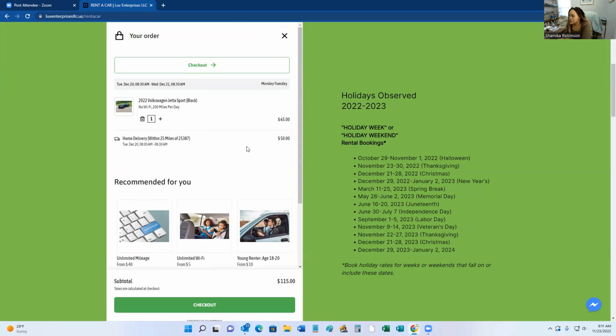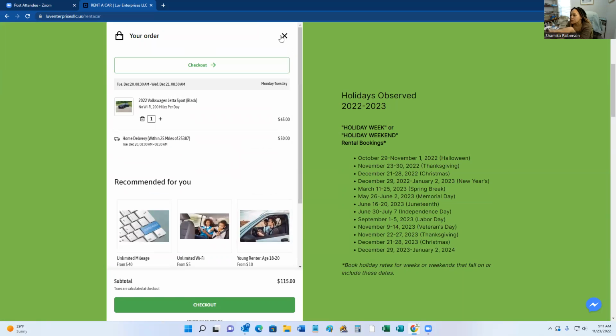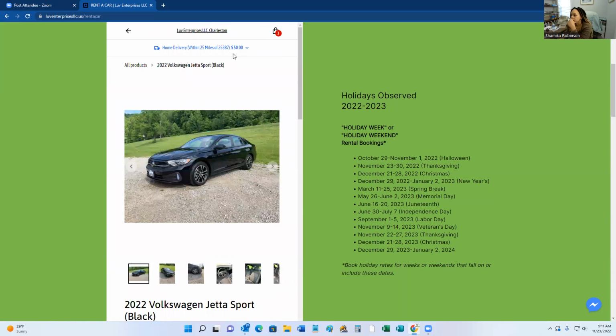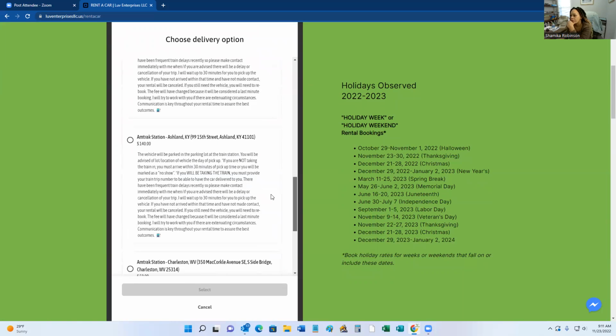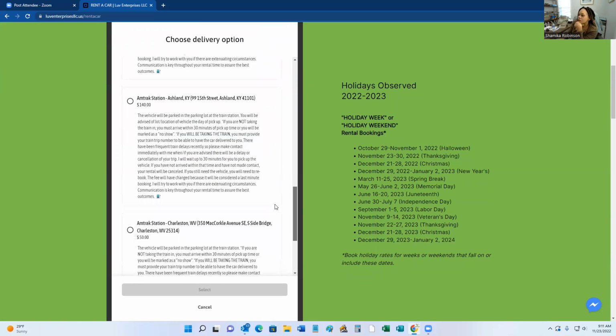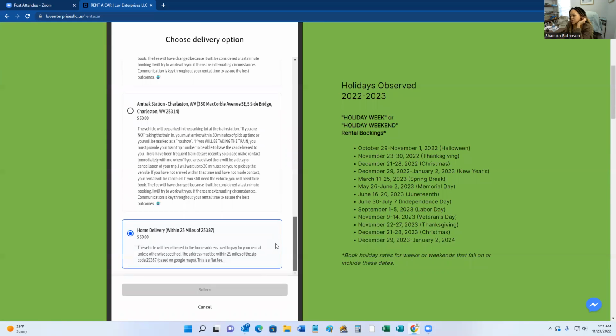So here we go. Now it's saying home delivery $50 again, right? But that's the thing about doing separate bookings. Maybe with the separate booking, we want to change our location, because you're already paying for one location. So I'm not going to make you pay for it a second time. I'll go ahead and deliver there. So you only have to pay that $50 once,